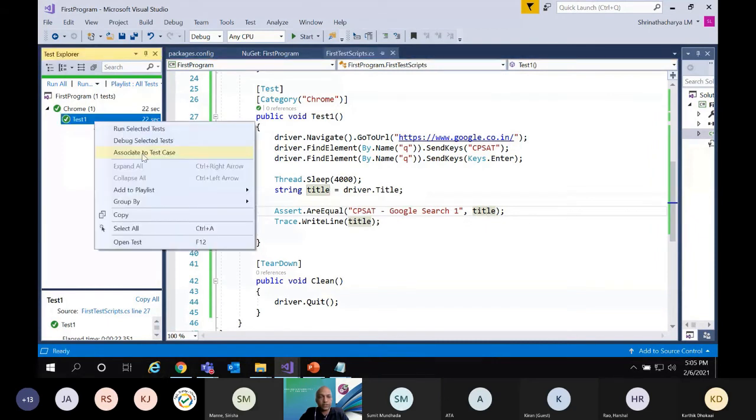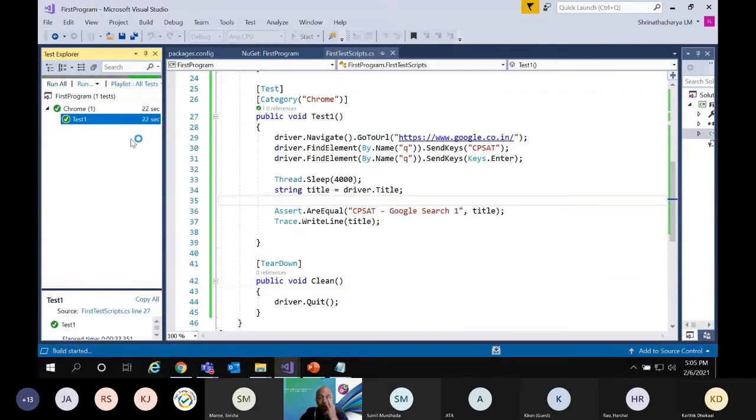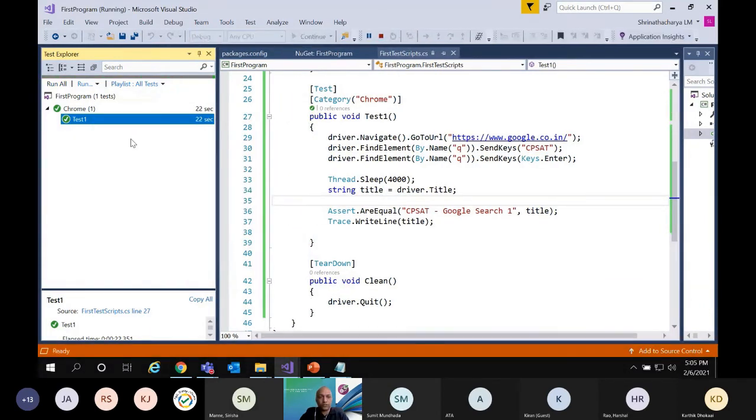So if I run the same test again, right click and debug, this time it will fail.